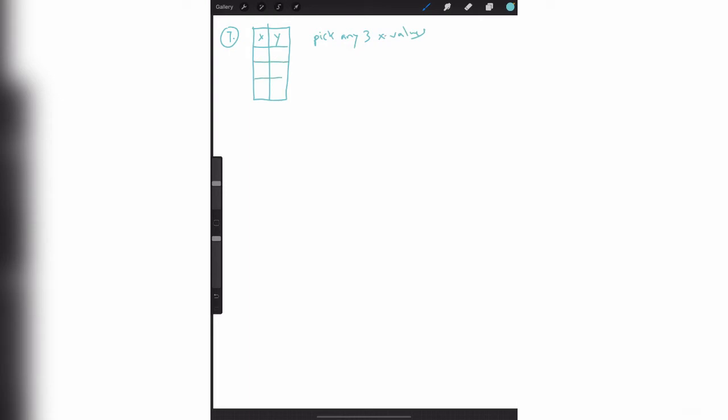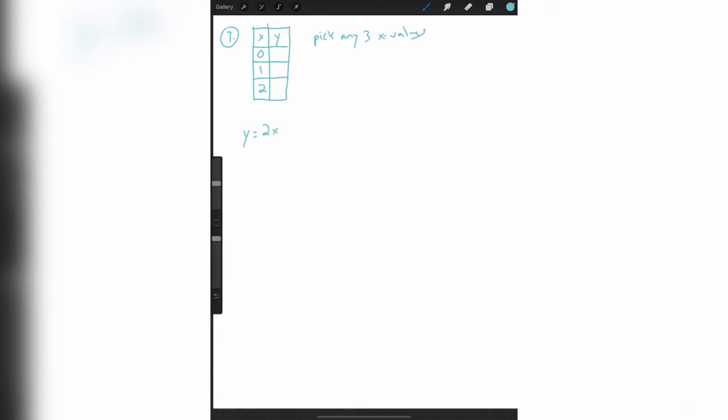So I like choosing, this is just me, you might like choosing different ones, but to start off, I like choosing 0, 1, and 2. To me, those are the easiest ones you can choose. All right? So it says make a table of x and y values and then use it to graph the direct variation equation. So if I have y is equal to 2x,